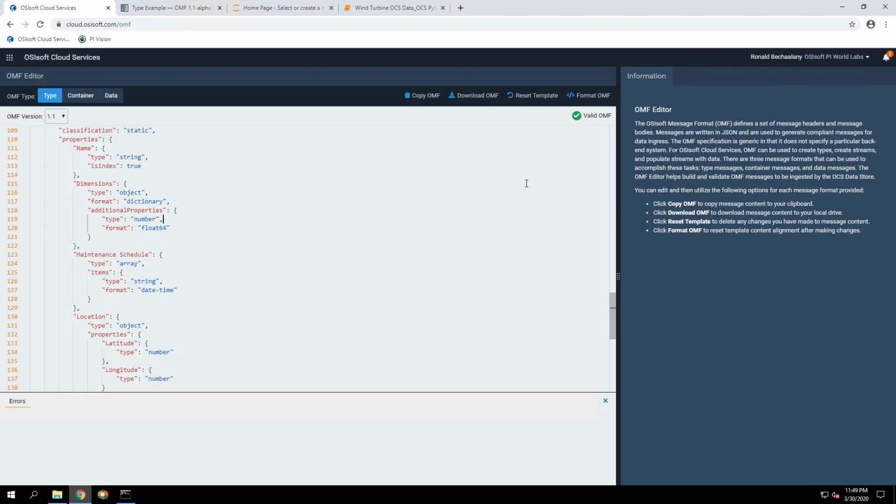It says here it's a valid OMF. If there's an error, it's going to show. If you write something wrong or miss one of the braces, it's going to show that there's an error. So that's what this is for. It validates your OMF and checks if it's okay.